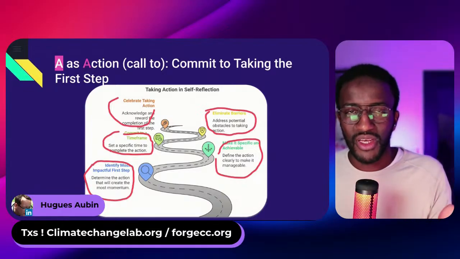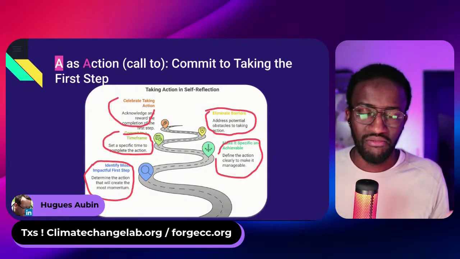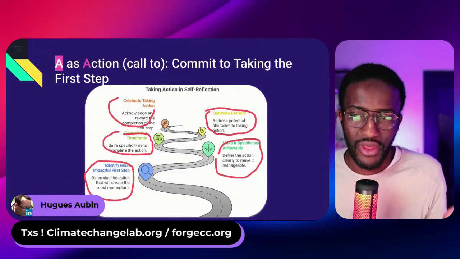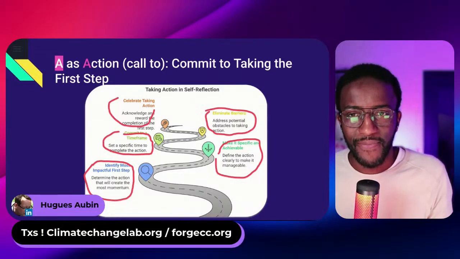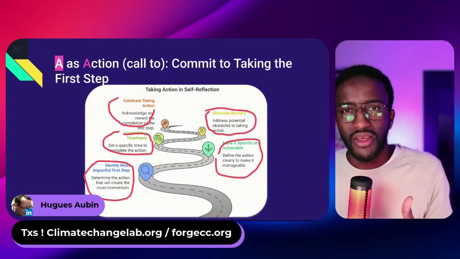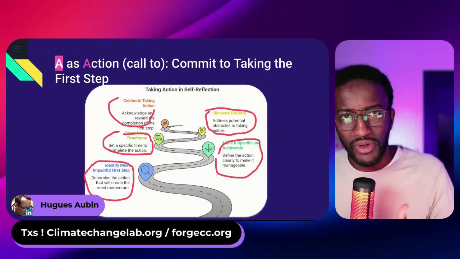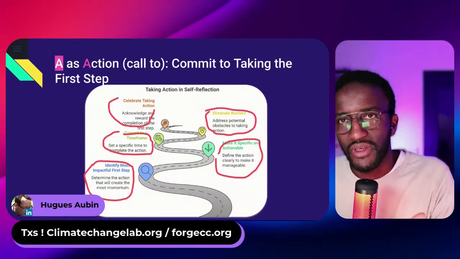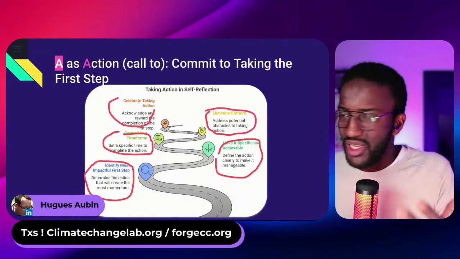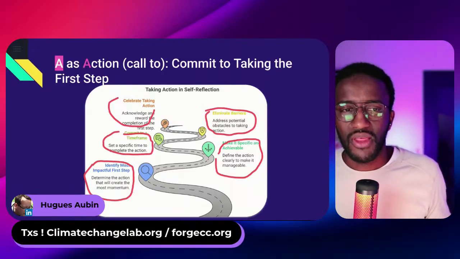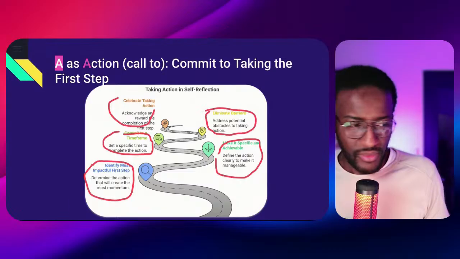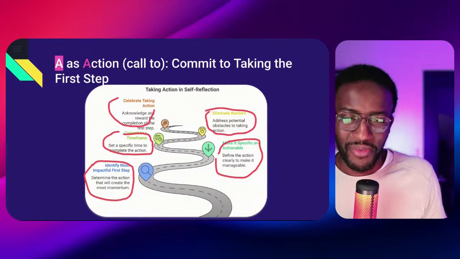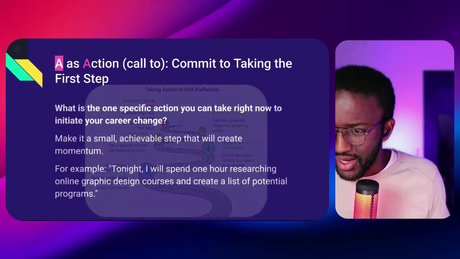Because if, for example, today I was shouting out to Hugues, and I say, okay, but I don't have any way to direct people so that they can take action, okay, it's lost. It's the same in your self-reflection. Really, taking the first action is really important, because it's like a domino effect. You take the first action, then the second one, then the third one, etc. And then after, you will have some tangible results. So shout out to you, my friend, Hugues, for being here. Okay, so the last step.